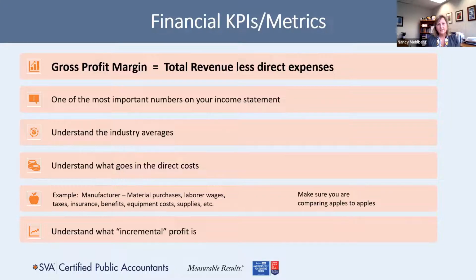One of the things that I've said before, and take it with a grain of salt, but in some situations it's very applicable, is would you rather have 50% of a grape or 10% of a watermelon? That's kind of that incremental gross profit. So don't get too hung up on getting below that number if you have the ability to take on maybe a large job at a little bit smaller profit margin, but it's going to bring more to your bottom line. So it's important that you understand gross profit margin and how it affects your company.